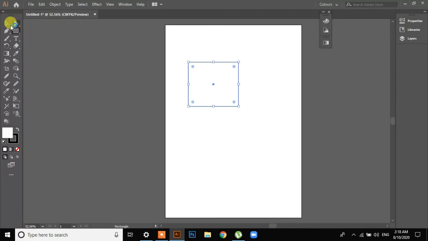Now what I will do is go in this panel and select my selection tool, this. What the selection tool does is, when you have to select an object, you drag upon that object and the whole shape is selected. Now you can just decrease or increase the size or do anything you want. You can make it curve edges as well. One thing I want you guys to note is that it is selecting all the anchor points. This is an anchor point, this is an anchor point, this is an anchor point, this is an anchor point.